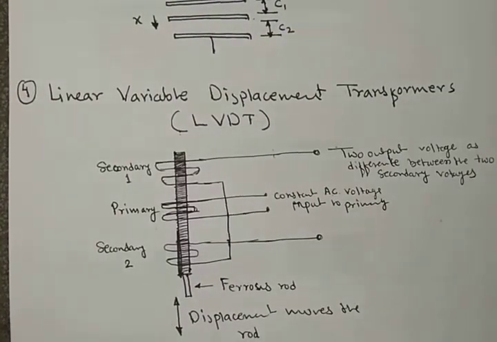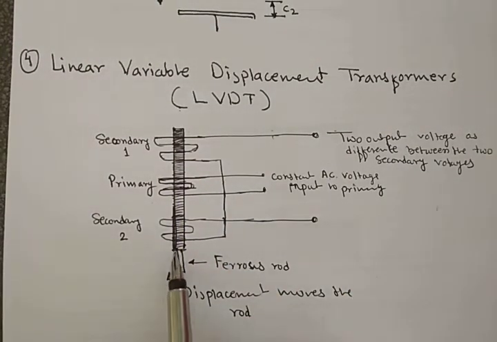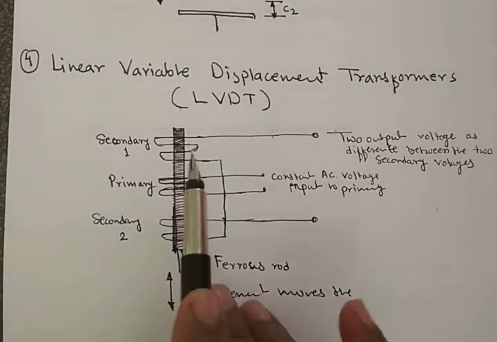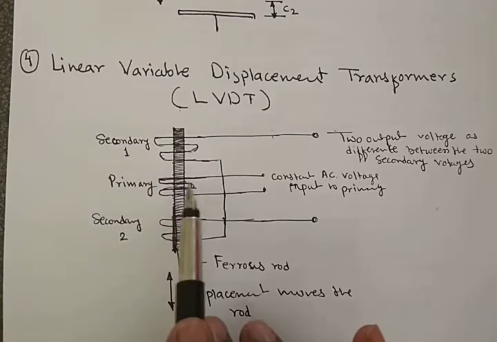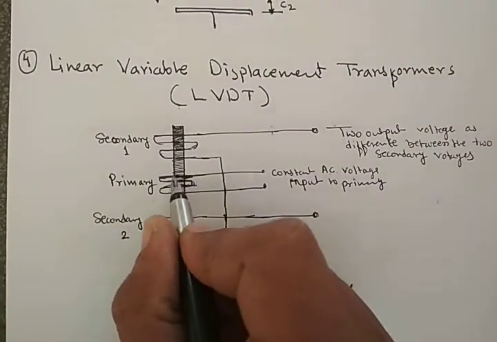Now here we will see the next displacement sensor, that is the linear variable differential transformer. We can also call it LVDT. Here what we do is take one coil which is insulated. To that coil we put three coils. First one, the primary coil, it is here like this.